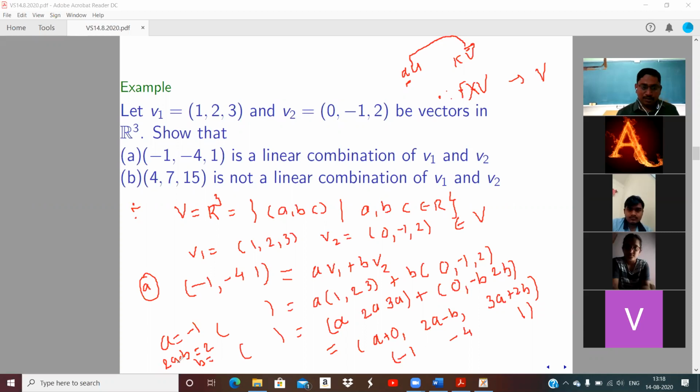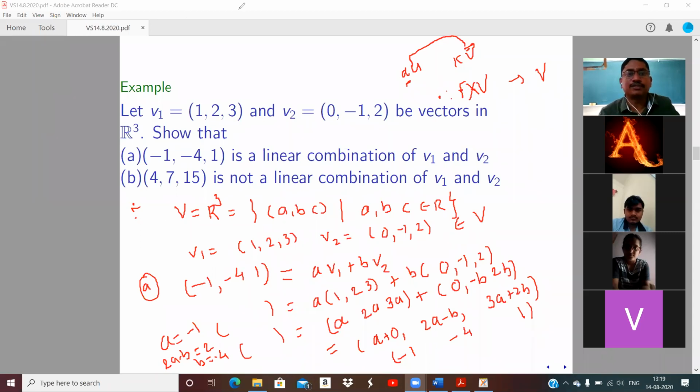Somebody has mentioned in the chat box A is -1, so what is the value of B? I think B becomes 4. If A is -1, then B becomes 4. Is it? Minus B equal to +4. B becomes -4, I think. Just solve it and tell me the answer. Okay, it's coming 2. Okay, you have to write the second point as 2A minus B is -4.